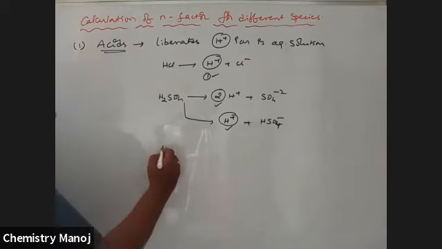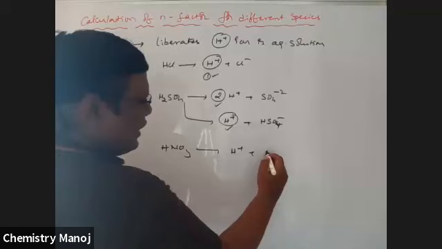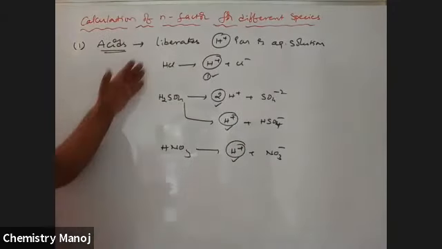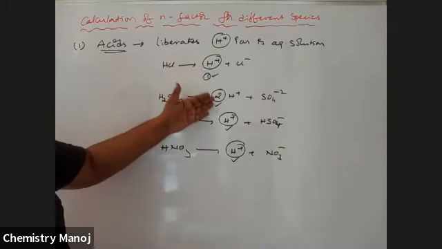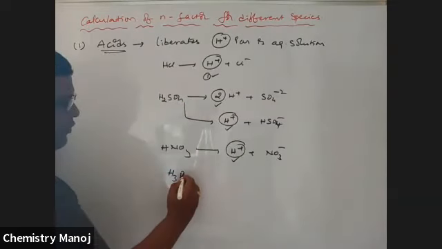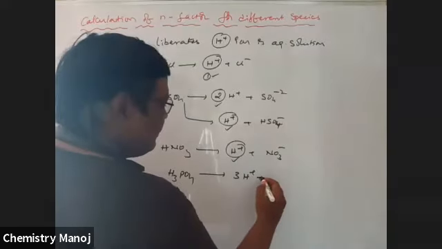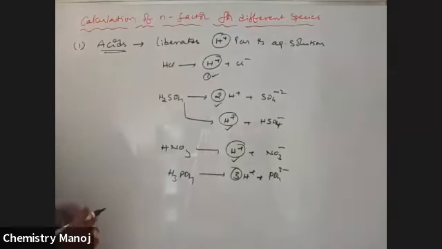Now once again, HNO3. It is split into H+ and NO3-. How many H+ ions? One H+ ion. That means whatever the acid may be, it may release either one hydrogen, two hydrogens, or three hydrogens, or something else. For example, H3PO4, phosphoric acid, liberates three H+ ions and PO4 3- ions. Here, three H+ ions are released.